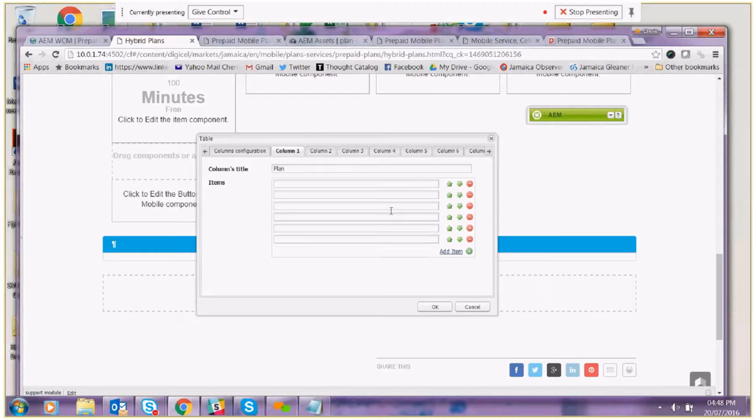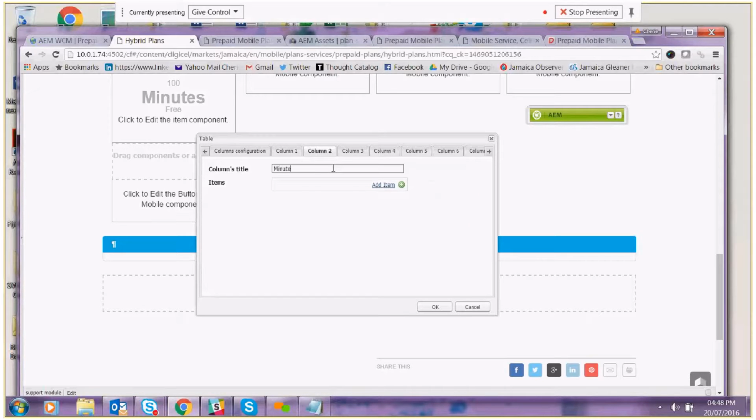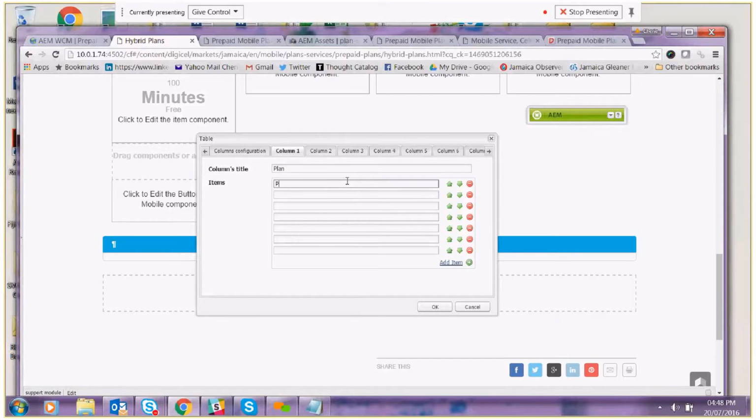So I could put in the minutes, if I have minutes with this, or I could put in the amount of data per megabyte. I could put in the cost. Right? And then once I put in all of that information,